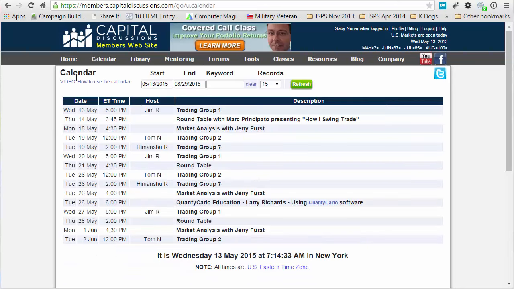The calendar shows you what's coming up and who's hosting it. So we have, today is Wednesday, May 13th, Trading Group 1. We have several trading groups. I run one, Trading Group 2, Jim runs Trading Group 1, and Himanshu runs Trading Group 7. We'll probably add more trading groups in the future. We have our weekly market analysis on Mondays at 4:30. And the roundtable is on Thursdays, normally at 4:30, but Mark Principato this week had to go a little earlier,